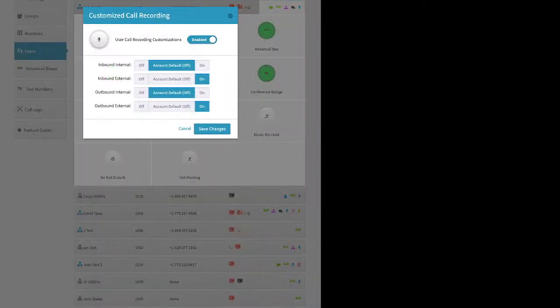Customize call recording, when you first enable it, it looks like this. And basically, you have to tell the system what kind of calls you are going to record. So inbound internal, you know, coworker Bob called Ariel, right? You can choose to record that or not, right? Inbound external, customer Mary called,